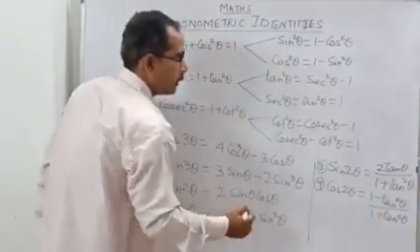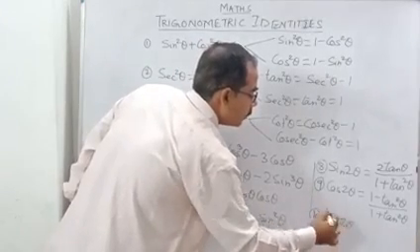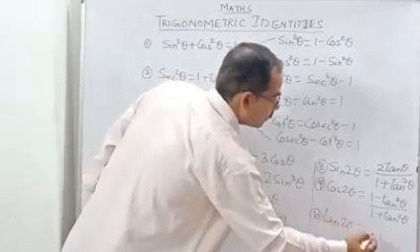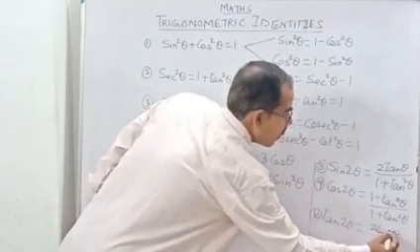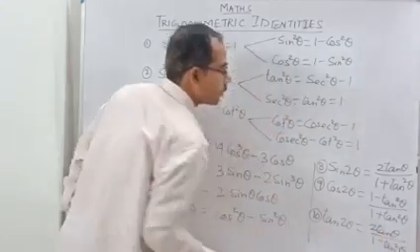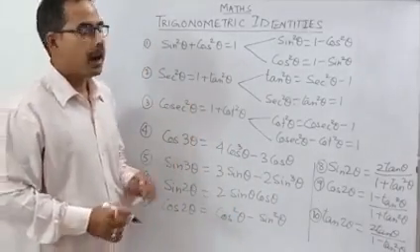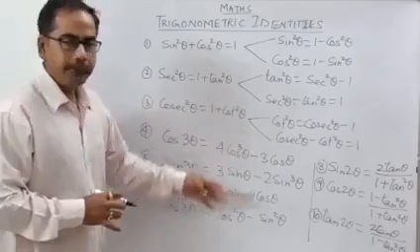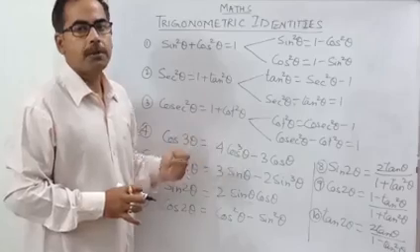Okay, and another one is there, that is tan 2 theta. You can make it sin theta by cos theta, so automatically we will get what? Tell me. 2 tan theta by 1 minus tan square theta. Okay, students. So these are the most important 10 identities under which most of the maths will be done. Now we have to learn these formulas or identities, correct? Now by using these identities we will solve some problems. Okay?